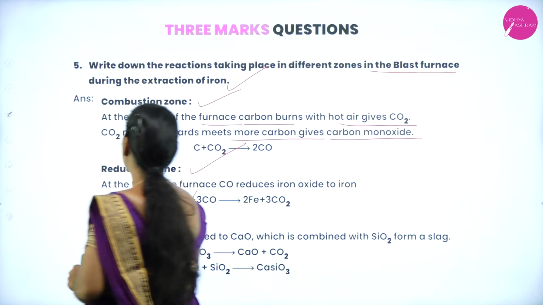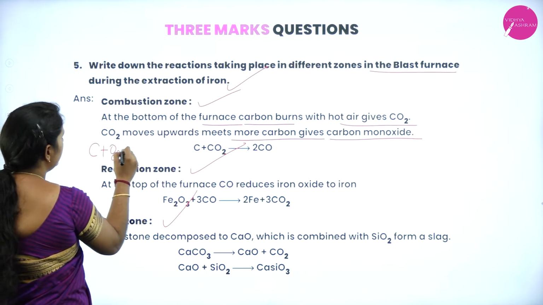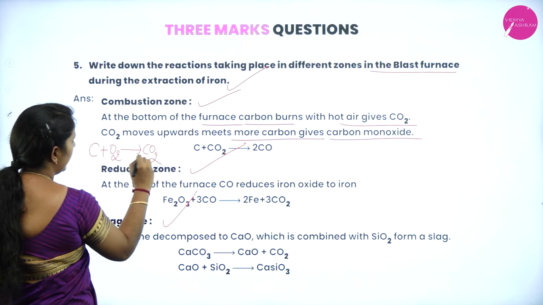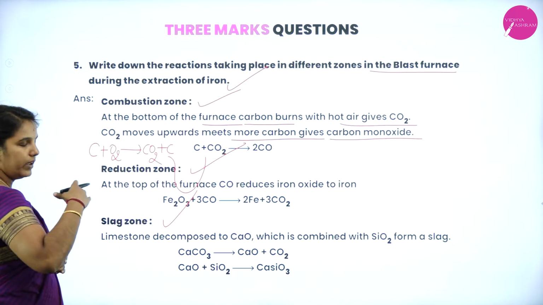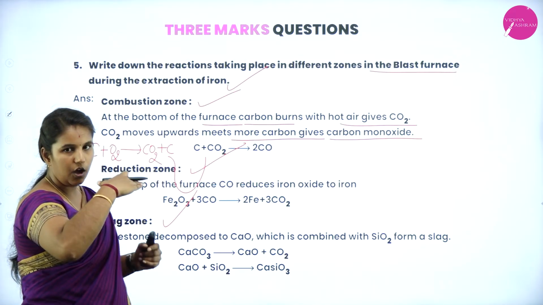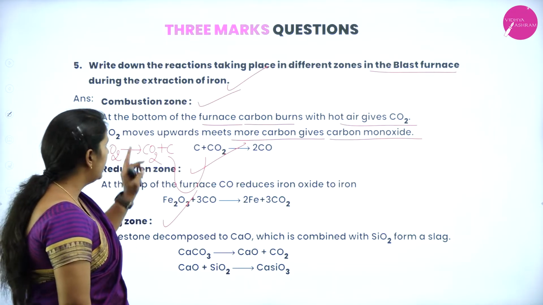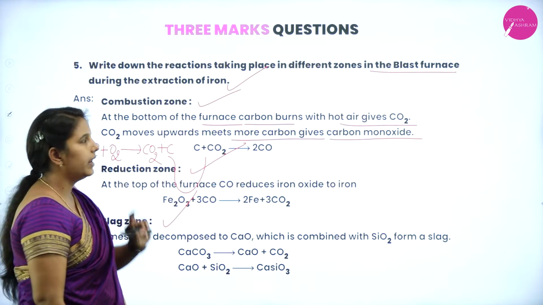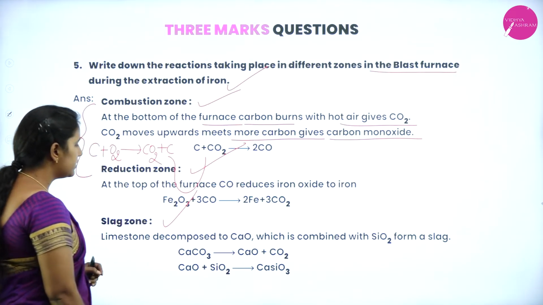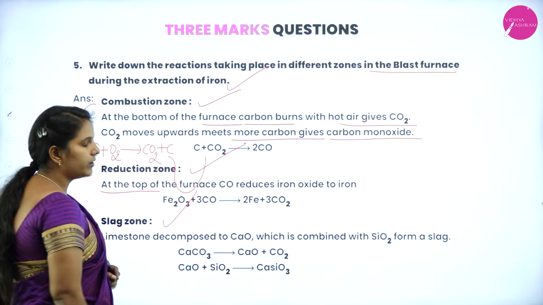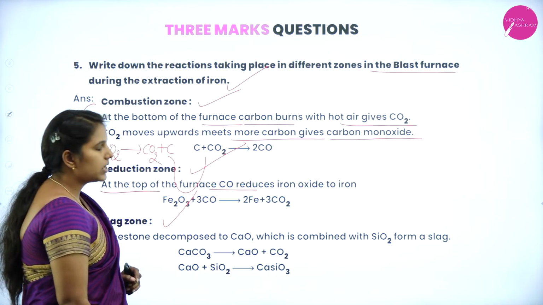So what will happen? In the first step, the carbon combines with the oxygen to give carbon dioxide. Later, this carbon dioxide moves upward as it becomes very hot, and reacts with the remaining carbon to form carbon monoxide. This is the combustion zone. Whereas in the reduction zone, at the top of the furnace, the carbon monoxide reduces the iron oxide